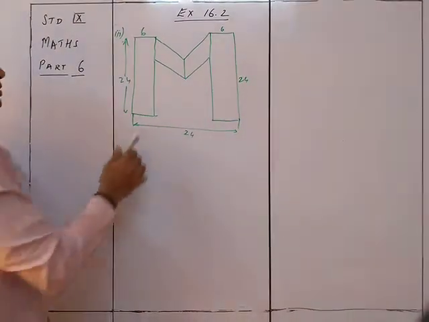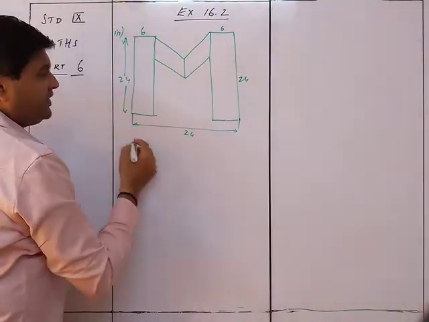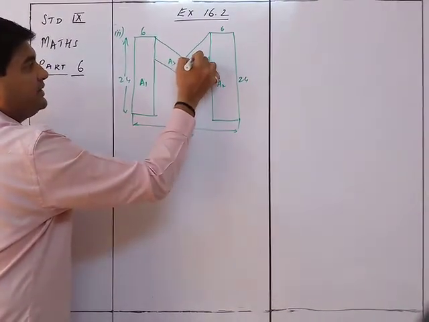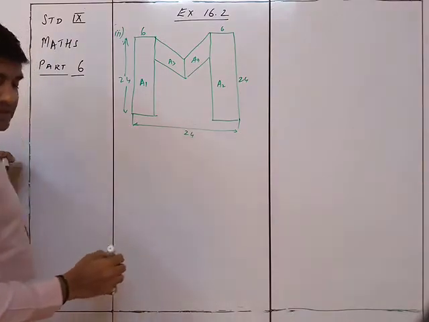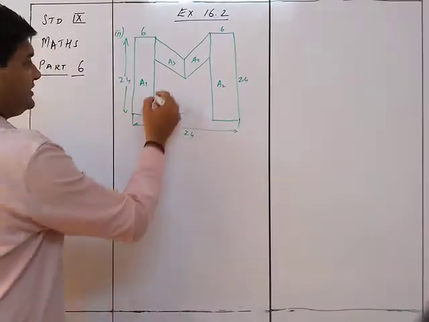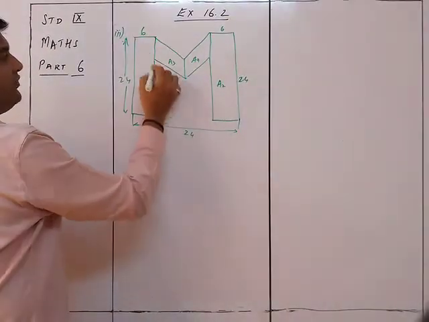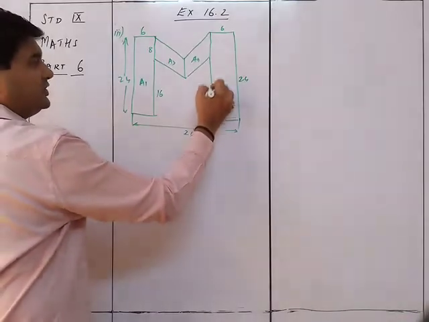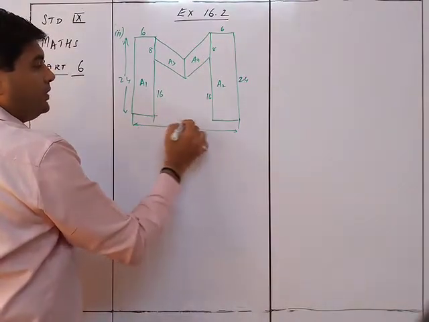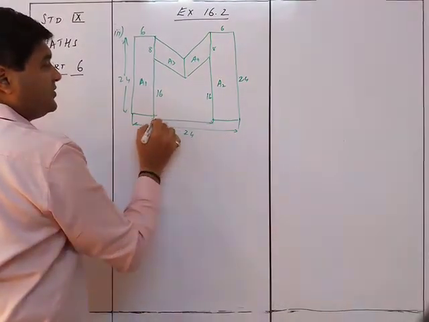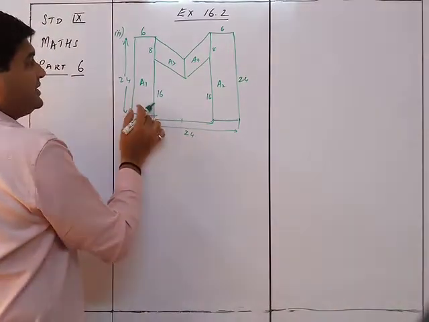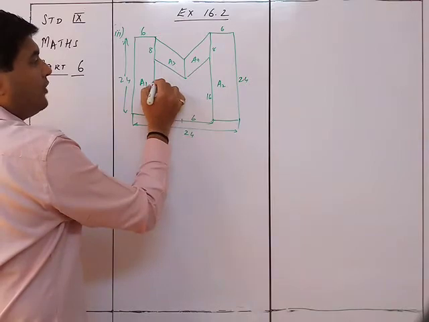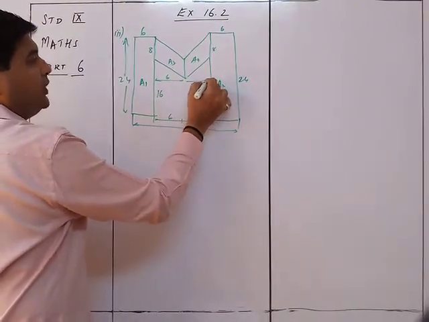Okay. So we see the first one is A1, this is A2, this is A3 and this is A4. Now since over here this is symmetrical, this is 16 over here, so automatically if this is 24, this part will be 8. This is also 16, so this part will be 8. Now we are talking about this distance. This distance is divided into two parts over here, so this will be 6 and 6. So the height of this parallelogram over here is 6 and over here is 6.